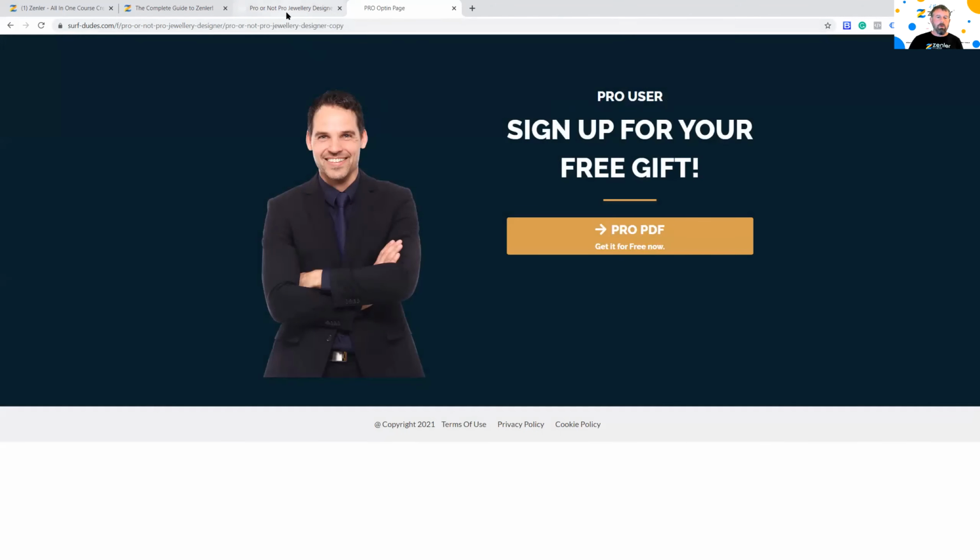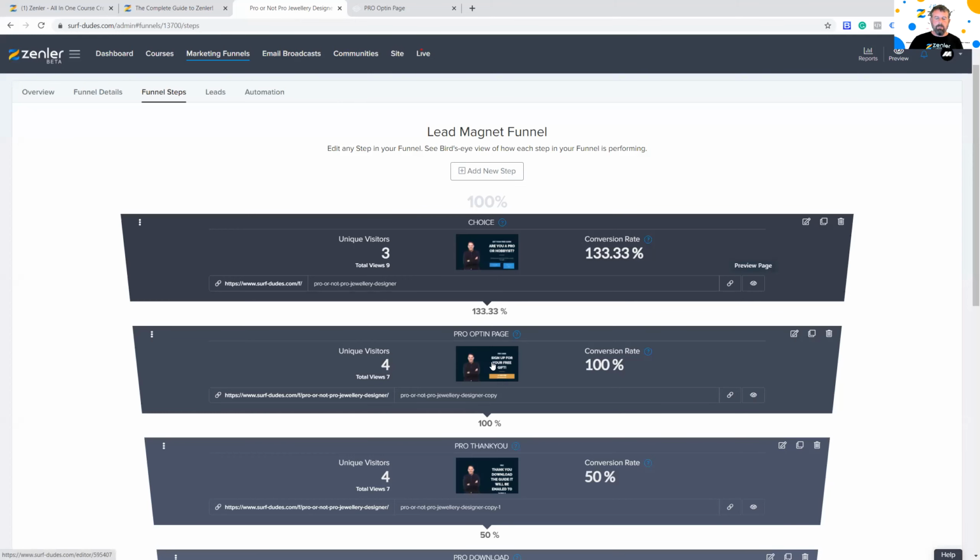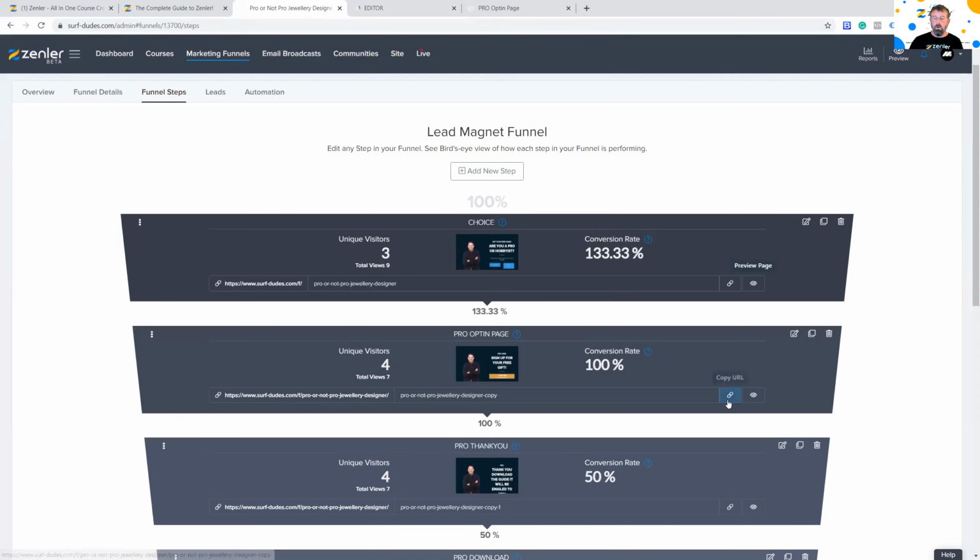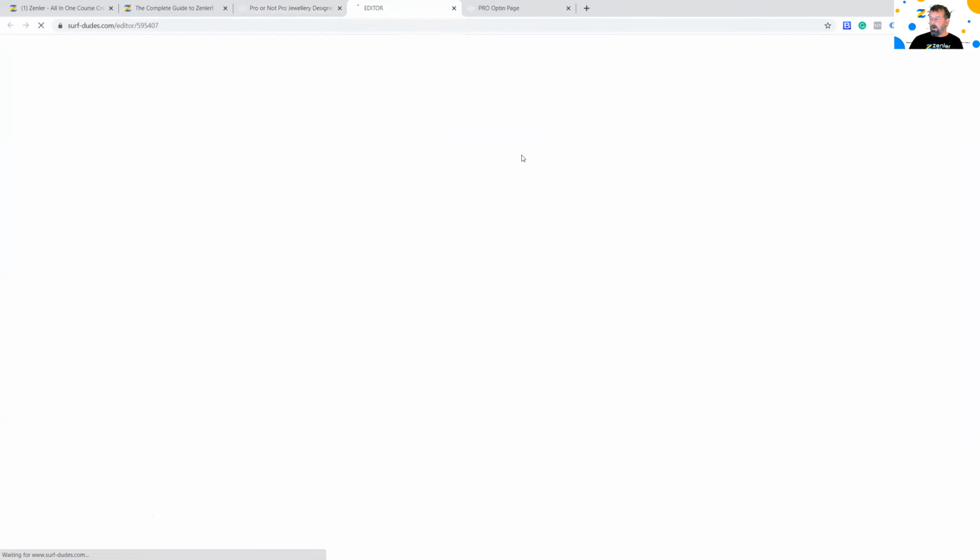So what that does is it comes into this funnel here where I've got the pop-up going on. And the same principle will work for the non-pro as well. So let's have a look at this step for that button. I'm basically just taking that button and sending them to that step URL. And remember guys, you can get the URL by clicking here, copy URL, and paste it into that button. So let's go to our editor.